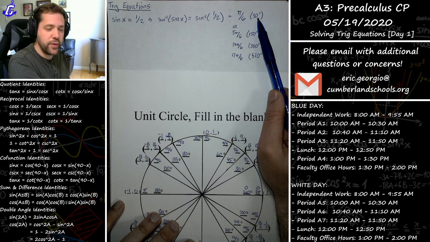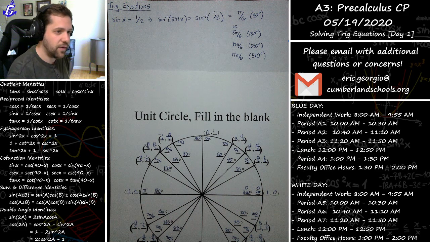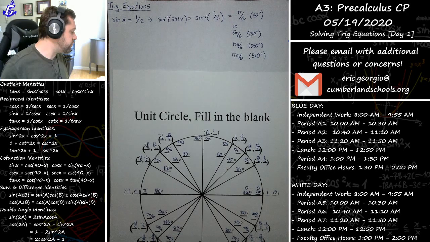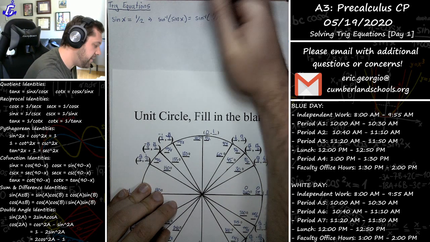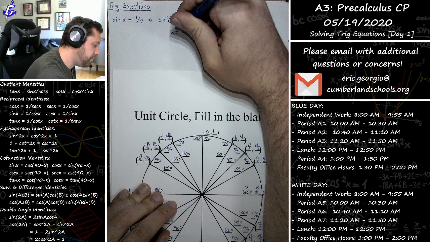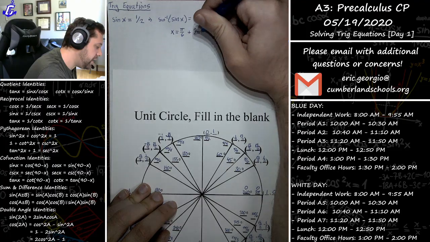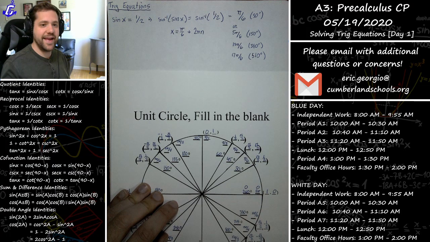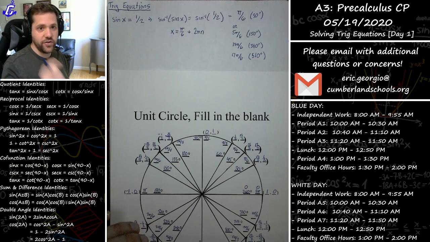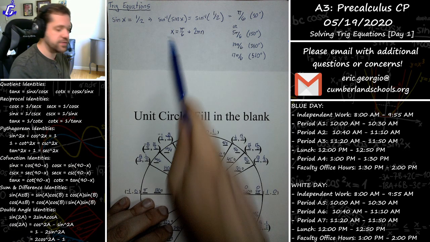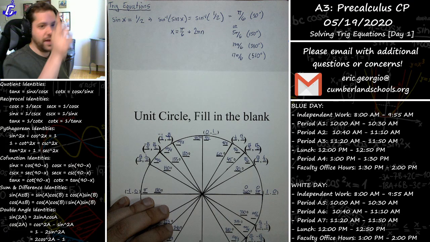Or negative 330 degrees. That would also have a sine value of 1/2, all right? The way that's written in fancy math terms is you could say that x is pi over 6 plus 2 pi n, where n is an integer. Like saying n is 0 means you've made 0 revolutions around the circle, so it's pi over 6. If n is 1, then you would do pi over 6 plus 2 pi, meaning you made 1 revolution around